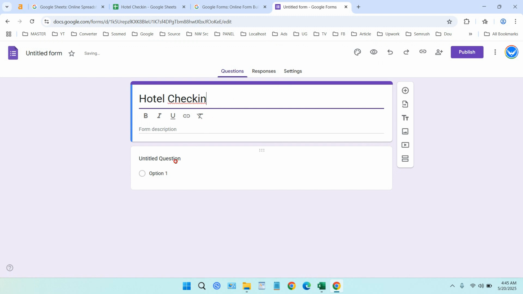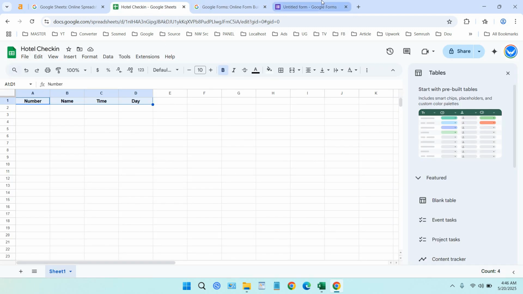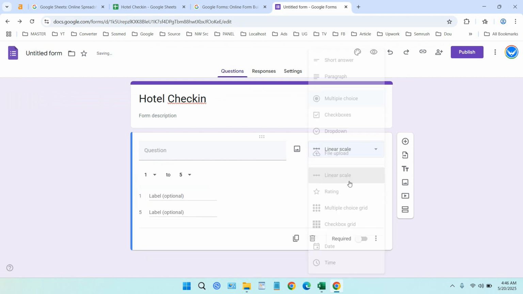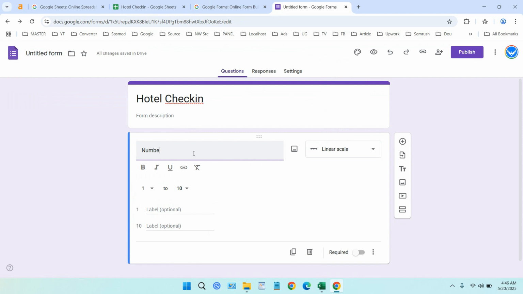For the first option, because the first record is number, we can use linear scale, for example, or you can use short answer. Here I will choose linear scale. This is just an example, and this is 1 until 10. I will give this a label, number. You can give a label, optional. Required,